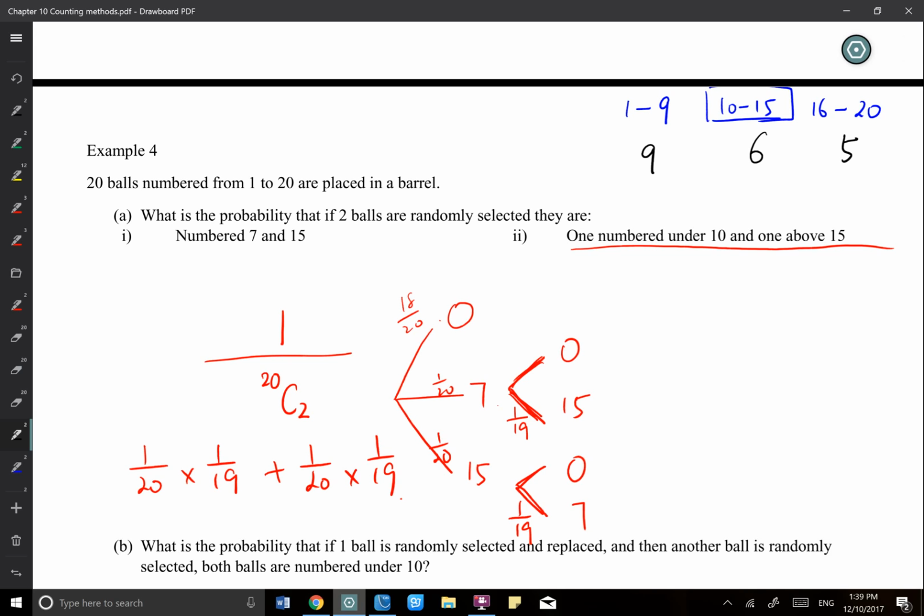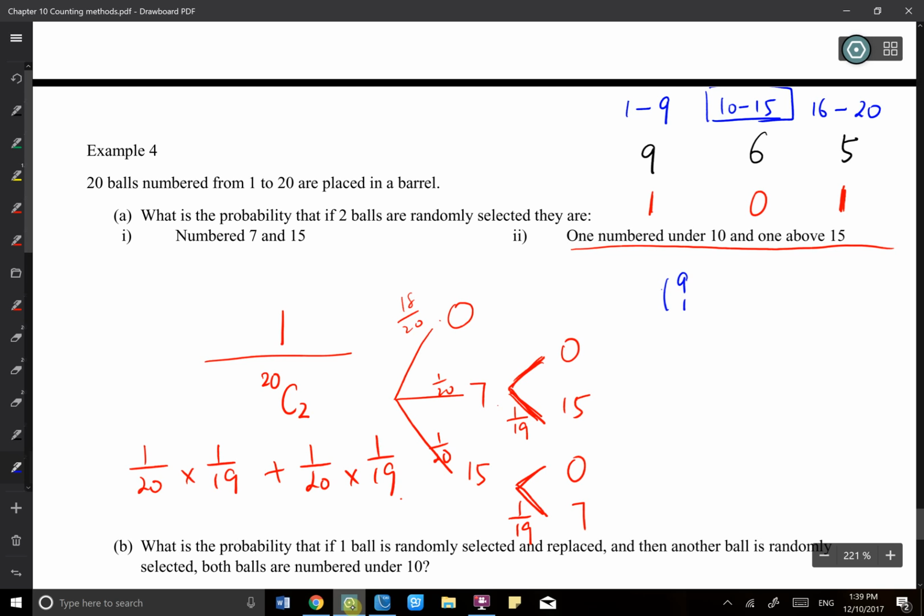So I want to select 1 under 10, I have 1 here. 1 above 15, 1 here. And 0 in the middle. Okay, that's 3 subgroups. I have cut the things into 3 subgroups. And I want 1 from one subgroup, 1 from another subgroup, and 0 from the last group. So what I can write here is 9C1 times 6C0 times 5C1